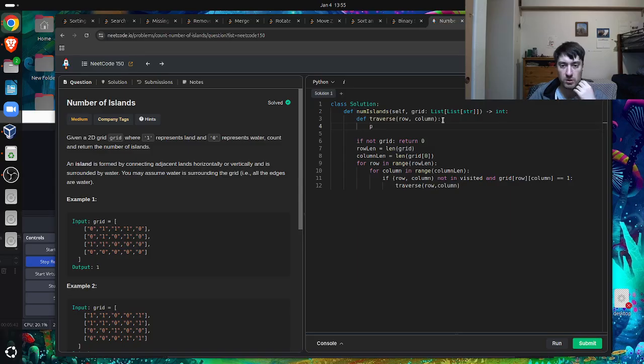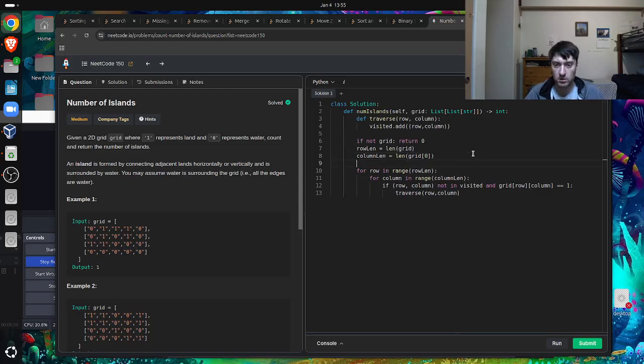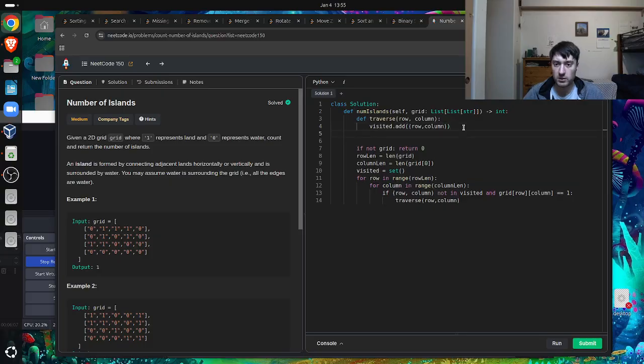So now what do I want to do when I get to one? I want to visit it. So I want to say visited dot add, and then the tuple of row column, like this, okay? Which also means that we need a visited is equal to an empty set, okay? Great, so now what I want to do, I've added it, I want to check myself